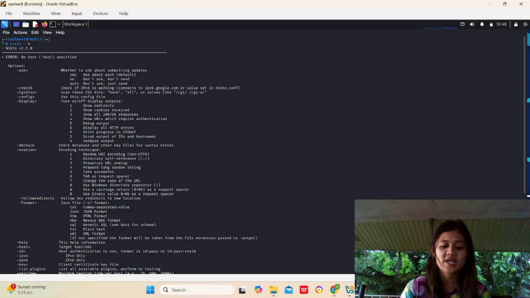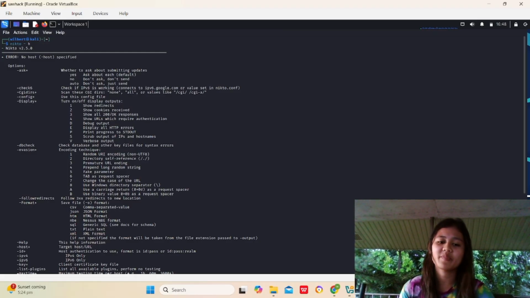It helps find configuration errors to secure the system. By using Nikto, they can find and report weaknesses before malicious hackers can exploit them, helping to improve the overall security of an organization's web presence.